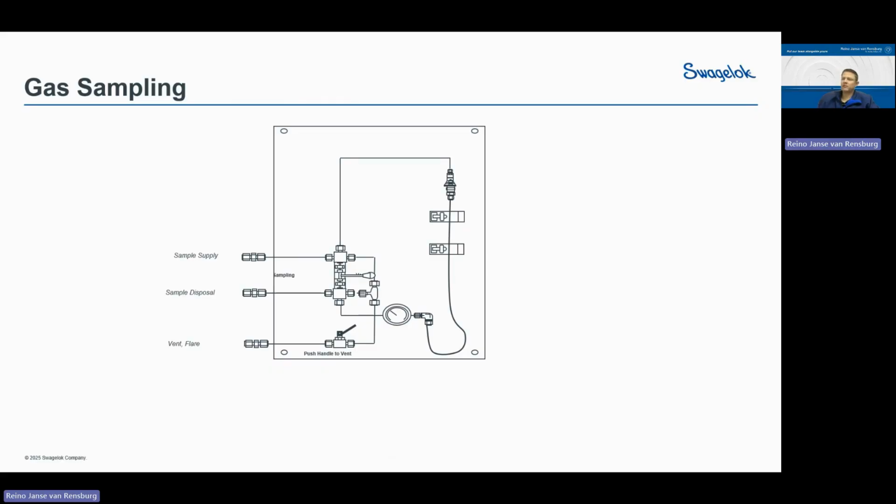So this is a basic schematic of a grab sample system. So this one is for gas. So we'll have our sample supply at the top. We have our either sample disposal, or you can go back into your system. So you can run the fast loop either to flare or back into your system. You just need a slight pressure drop or a delta P across your supply line and your disposal line to make sure you have actual flow running through that system.